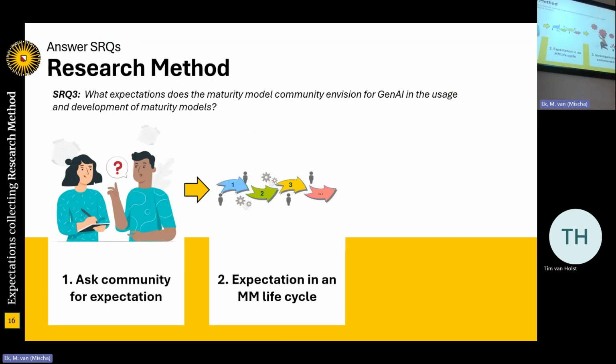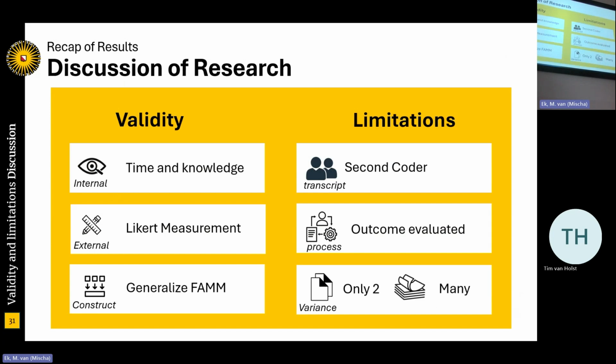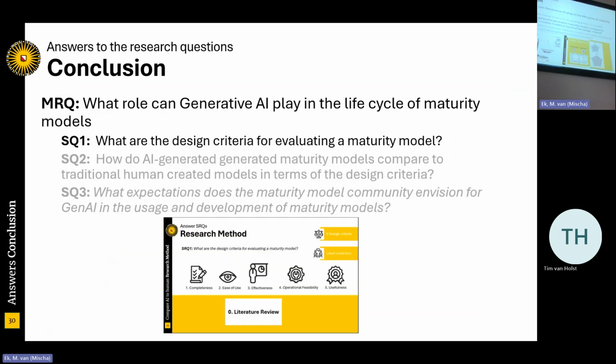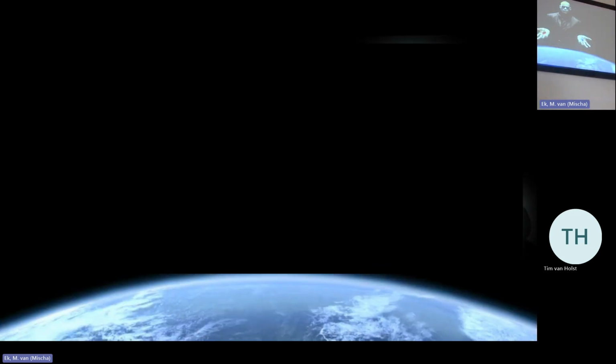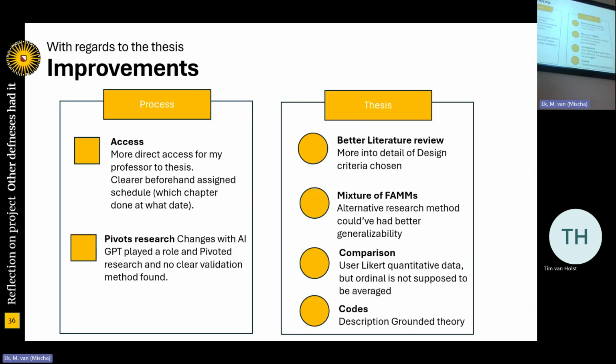I also pointed out, on the last slide, in the comparison, that you're not really supposed to average ordinal data, and I have ordinal data with Likert scales. This is a choice I made because I need some kind of comparison. And I do want to defend myself, as previous focus area maturity model evaluations have done the same.